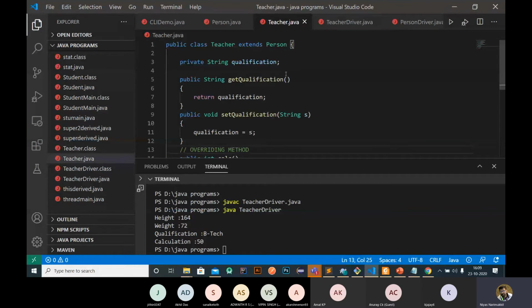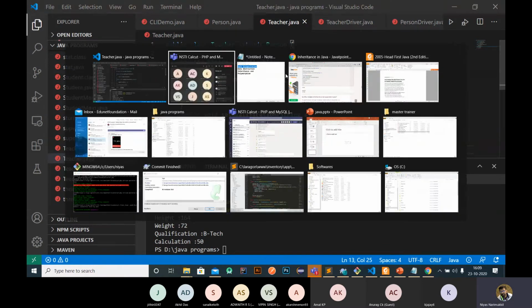Before going to the other concepts, the next concepts are abstraction and polymorphism, which are related to each other. I just want to know whether you know about the concept of constructors. Okay. So what are constructors?